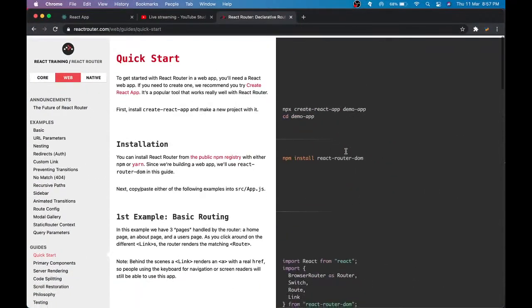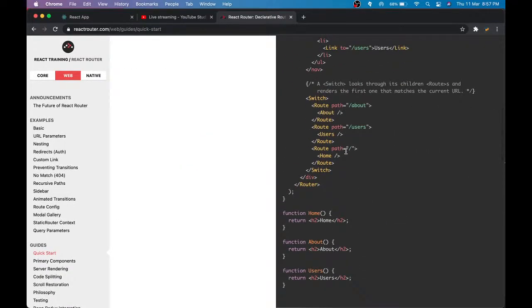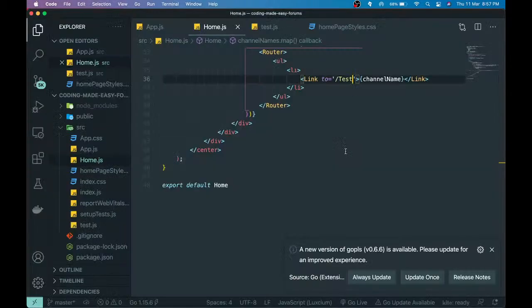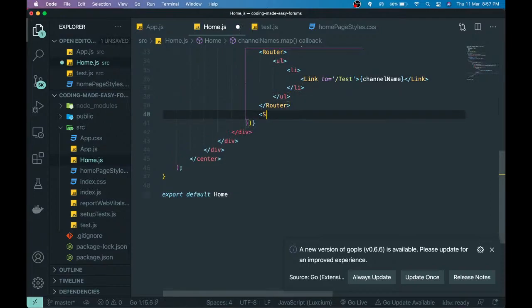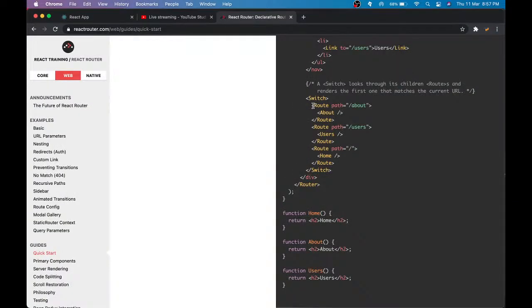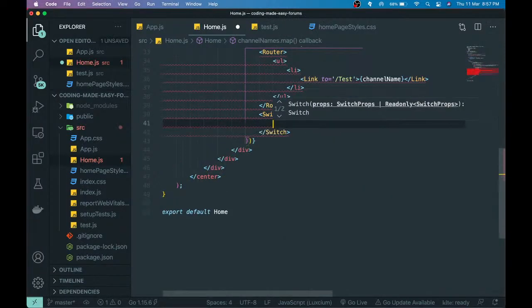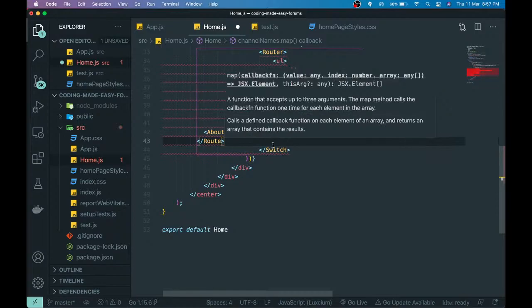So currently it is routing us to the test page, but it isn't showing anything on the test page, which is the problem that we are facing currently, and that's where the switch comes into place, and what I just read right now. So if we can place a switch right over here below the router, and now if we route to the path of test, in this case,